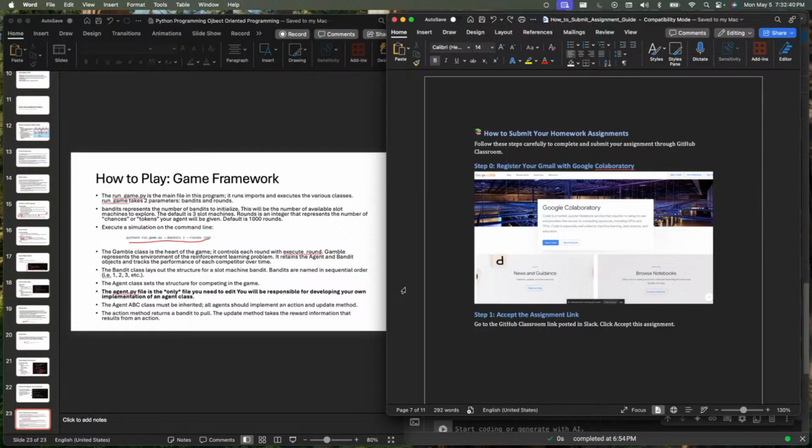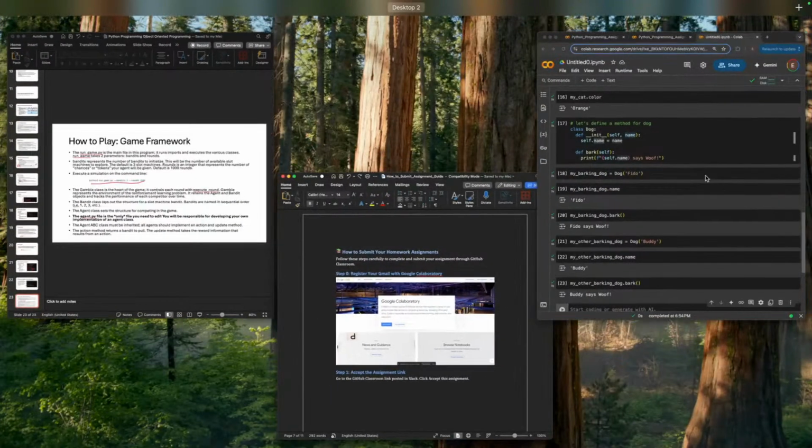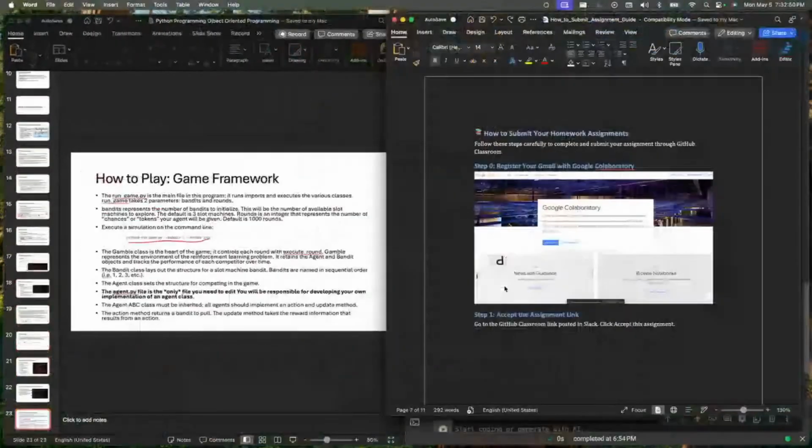Think of something that's a small problem you guys have in your life. Try to make a little Python program to solve it. It's probably more interesting as a way of exploring the language than creating a dog class. Like, try to make the language real to you. And then learn how to self-solve. So you come into a problem, you face an error, go to the internet, find the good resources, Stack Overflow, Data Science Stack Exchange, find the good websites that are going to give you good advice. AI is okay. Sometimes it makes mistakes.